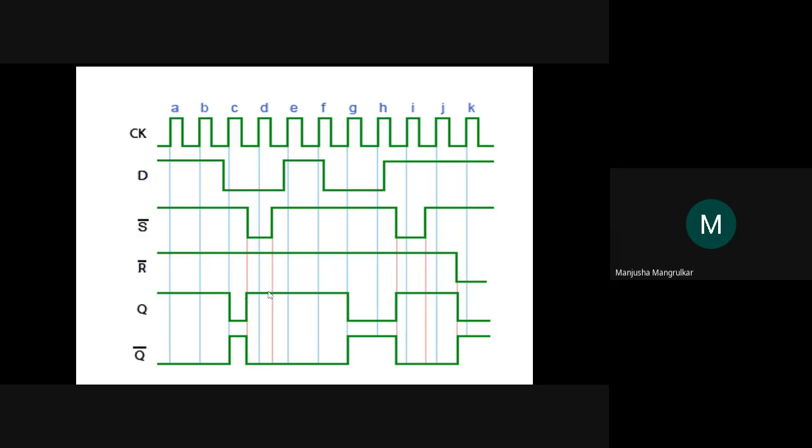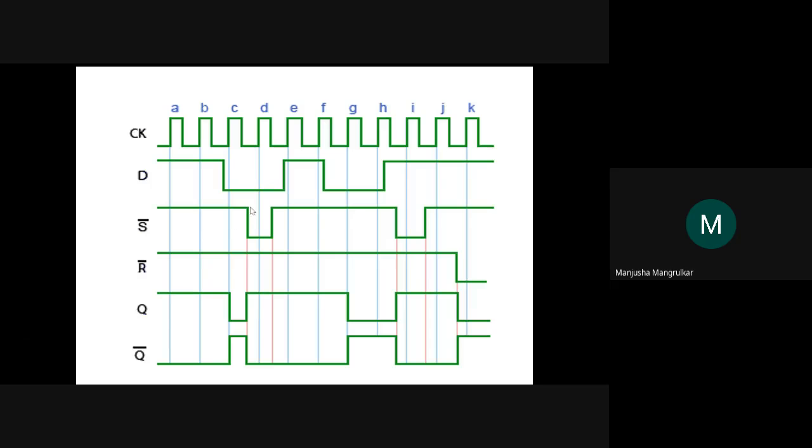Again it will toggle to 1 at that particular clock pulse. Then again it is toggled to 1, right? If this is 1, this is 0. If this is 0, this will be 1, because Q is just the complement of this. So up to this clock pulse it is Q, for this clock pulse it is Q plus 1, for this one Q plus 2, and for this one Q plus 3. So in each and every cycle the Q state keeps changing, right?